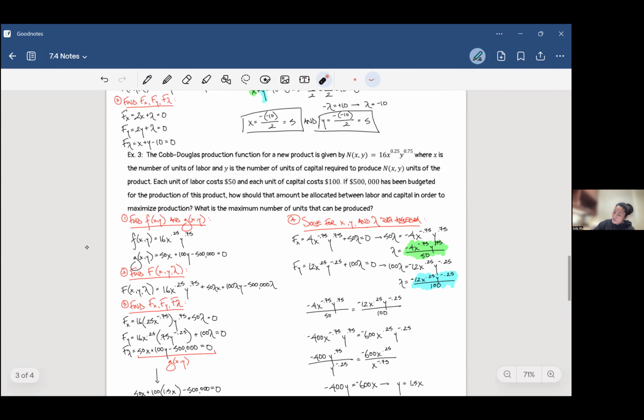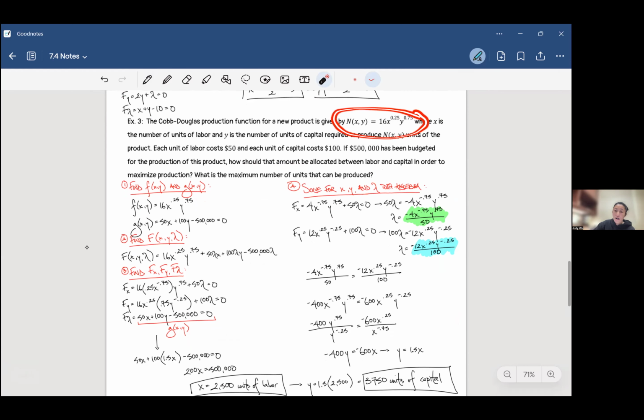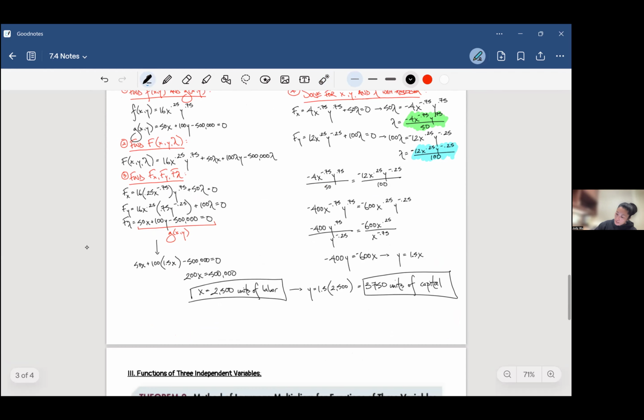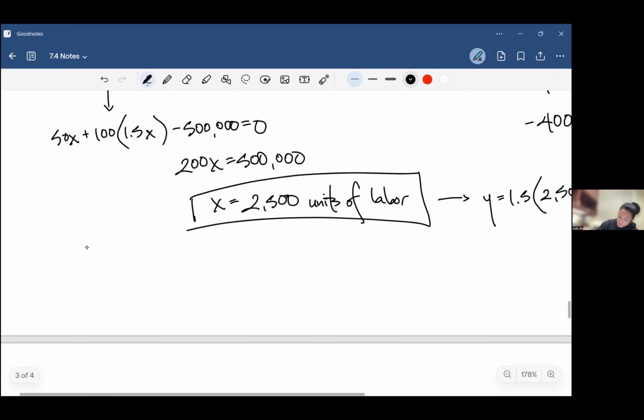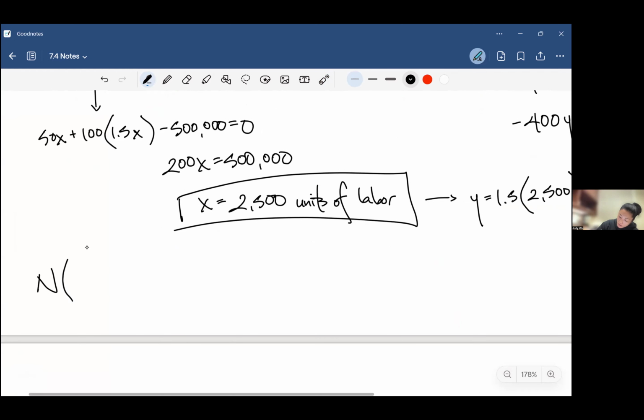We need to plug everything back into that Cobb-Douglas formula to give us the amount of units produced, okay? So I'll leave the calculations up to you, but essentially, if you plug in 2,500 for X and 3,750 in for your Y, you should end up with 54,216 units